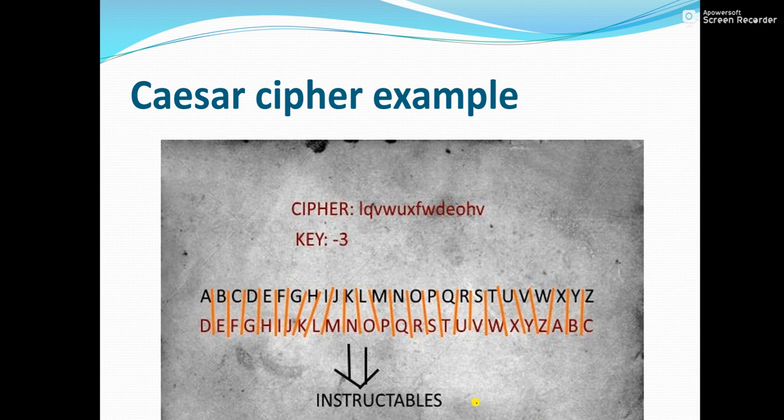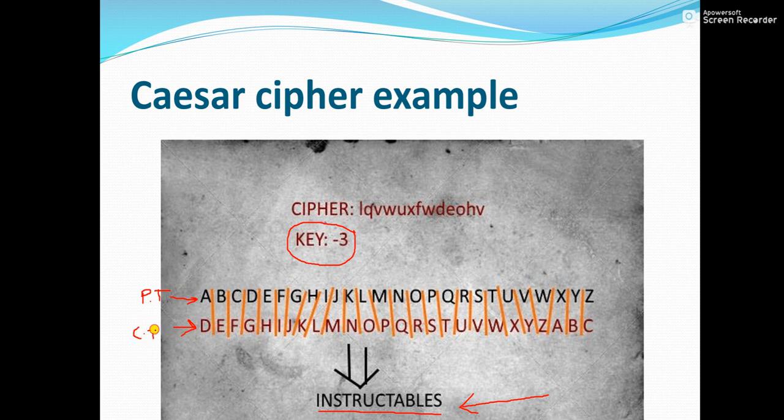So if you can see, this is a plain text message, "instructable", and we have decided the key of 3 here. This alphabetical order is for plain text, and this alphabetical order is for cipher text.